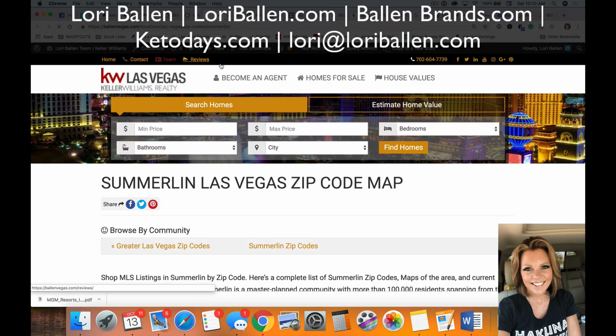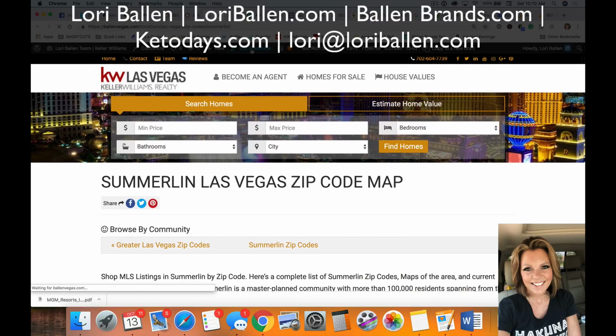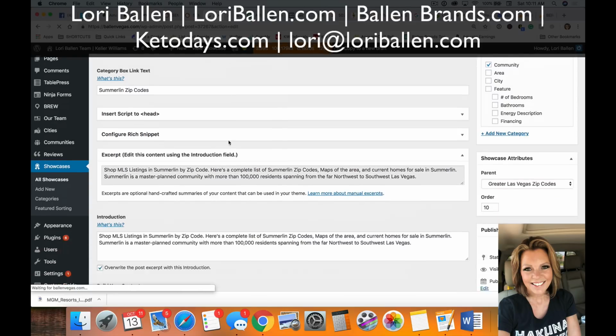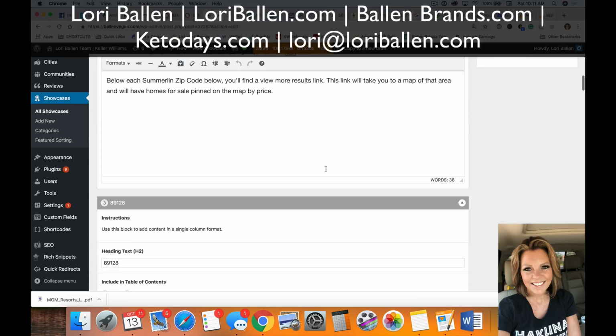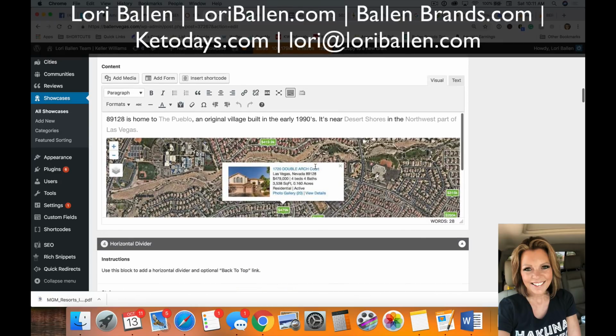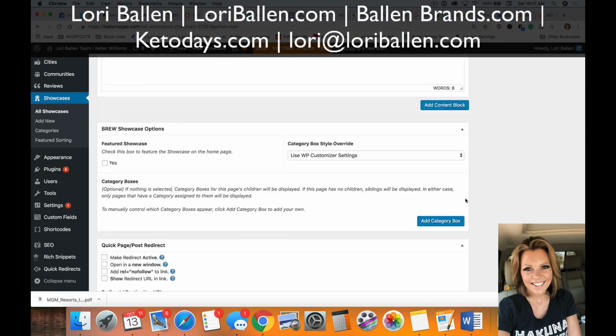I'm going to edit this. Now, if you don't have Yoast, you can install a simple plugin for rel equals canonical that'll have a field show up on each page to do your rel equals canonical. You don't have to have Yoast Premium or pay for it if you don't want to. You can simply go to your plugins, do a search for canonical or rel equals canonical, and I'll show you